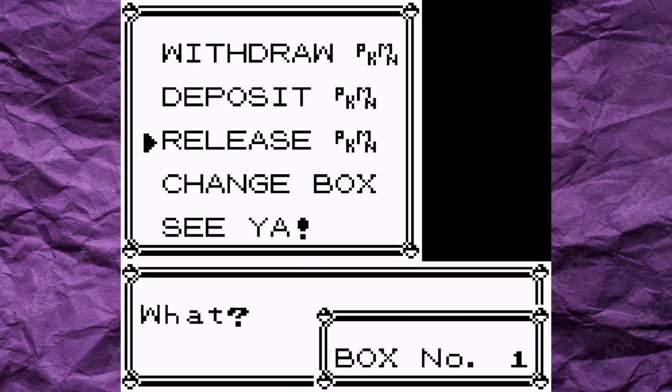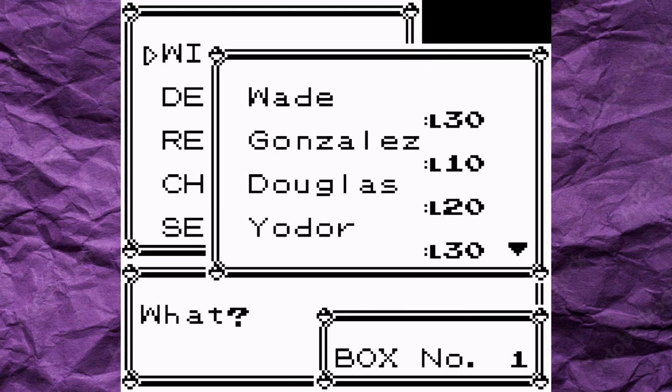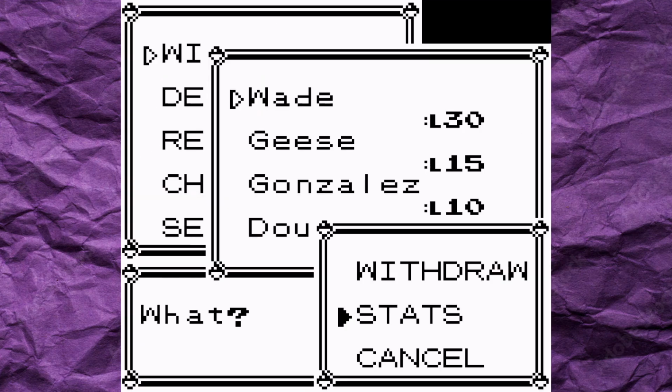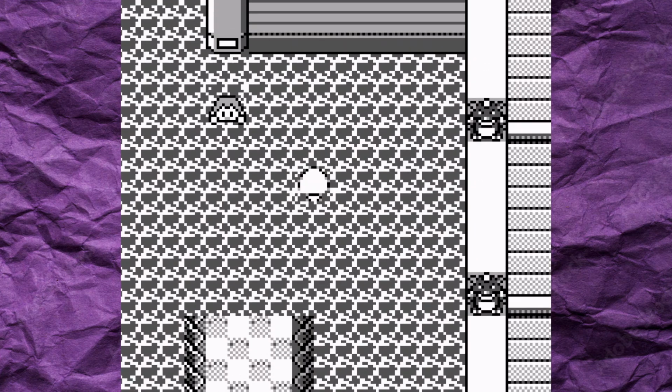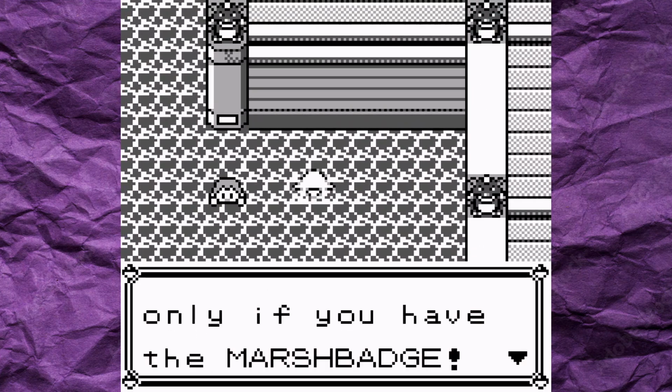Roy was going to be our main sweeper for the final showdown with the champion, so we're going to have to pivot a little bit. I grab Wade out of the box and give him Rock Slide and Earthquake and head off to the Pokemon League. I always thought this whole system with a guard stopping you for each badge was kind of cool, but